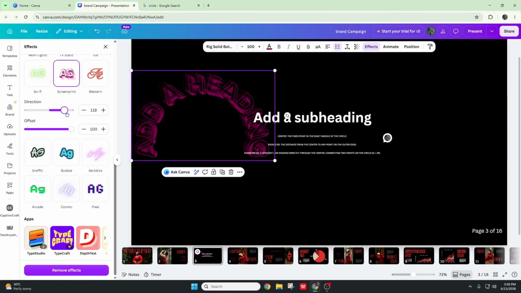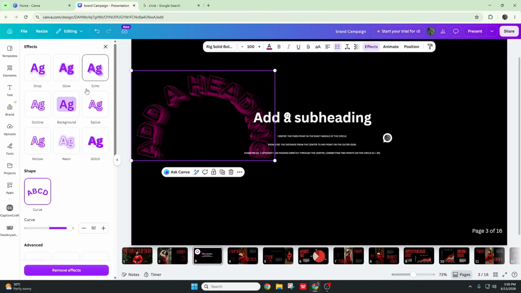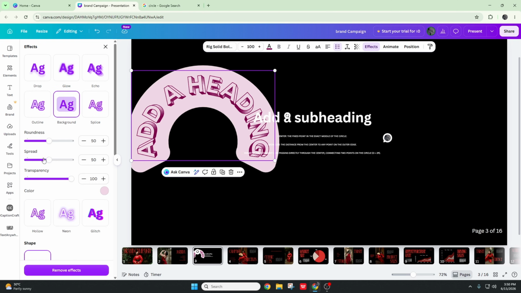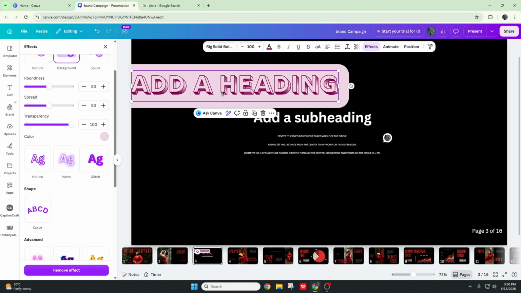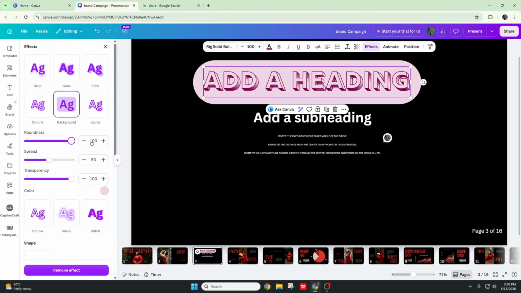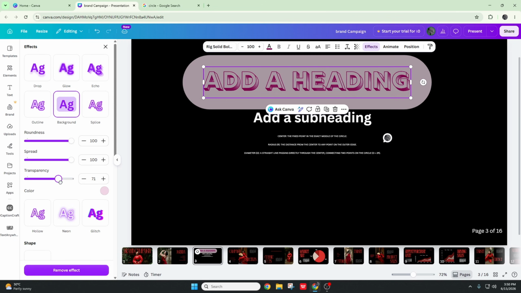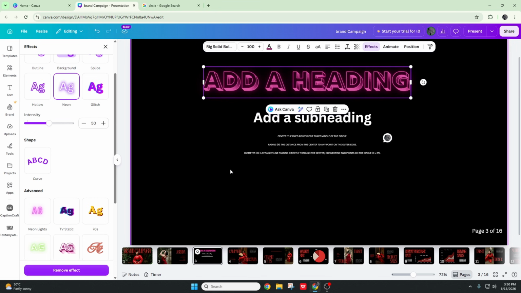And you can edit the directions of your font's shadow from here. So there is a lot of options within this effect section. If you want to add background, and let's say you don't want the curve, then just select it again. You want to remove the numbering, you want to take it in the middle, and you want to make the background round, spread it, and bring up the transparency. So you can do it all with Canva